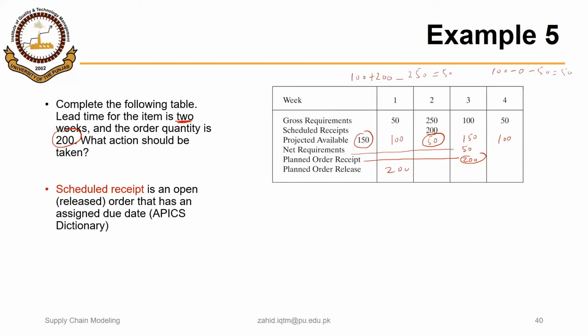So just one additional point in this example was the concept of schedule receipts that we had at the beginning of week 2. The rest of the logic is the same. But in order to find the net requirements, we have to subtract schedule receipts and projected available from the gross requirements. So that will be the net requirements. And again, if we are not considering the safety stock, if net requirements are there, that is if the projected available goes negative, then we will have the planned order receipt, otherwise not.